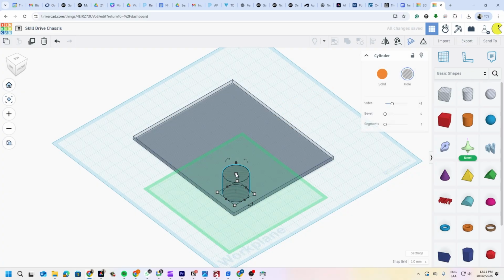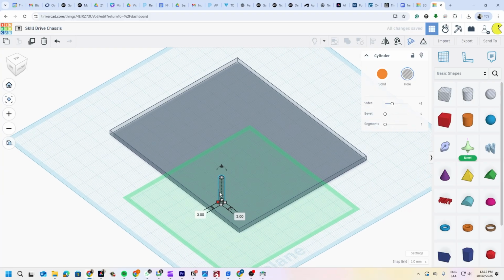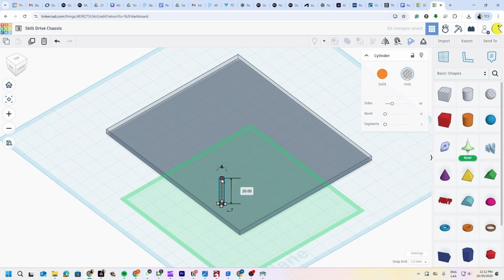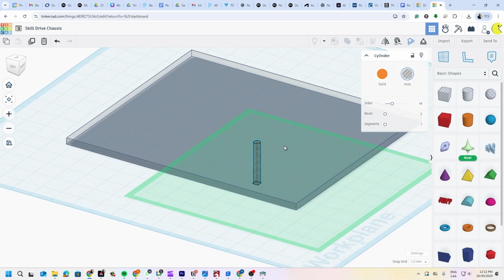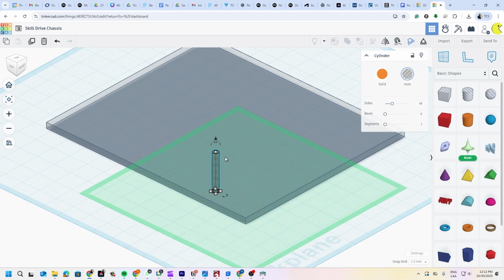This cylinder needs to have a width of 3 and a length of 3. And we can leave the height at 20 so it goes inside. Now, in order to make a hole in TinkerCAD, this is the tricky part, and this is what I want you to learn today,